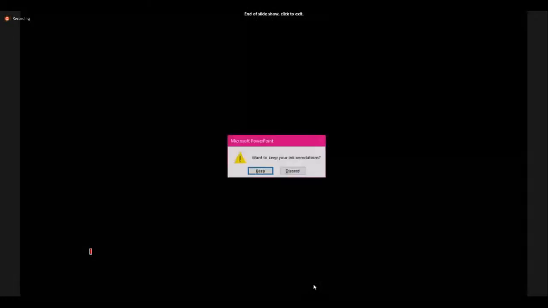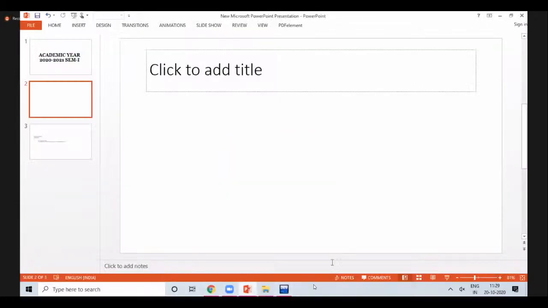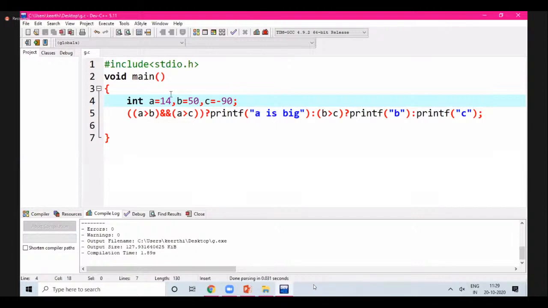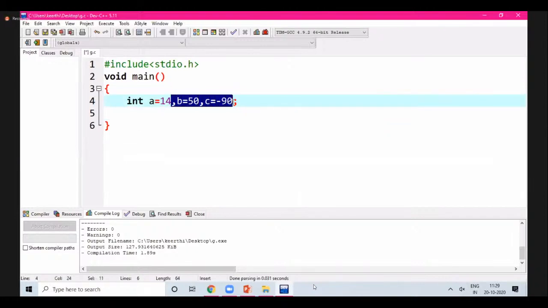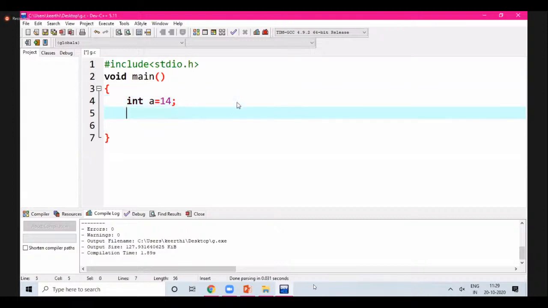So you can see one example. Let's do that. It is not talking about what value we are initializing.